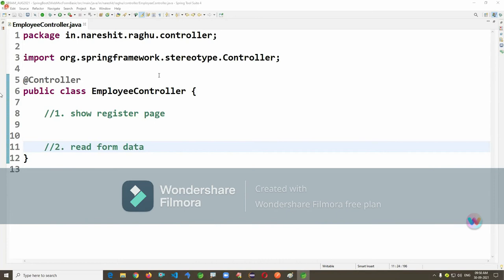One is to show the register page, and the second one is to read form data. You are going to work in this one. Then only you can see the output on the browser.